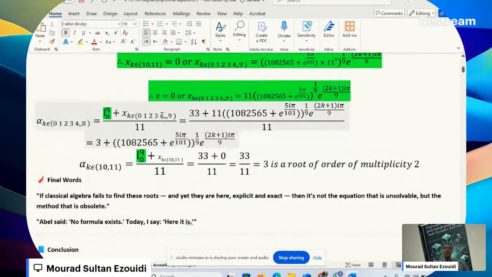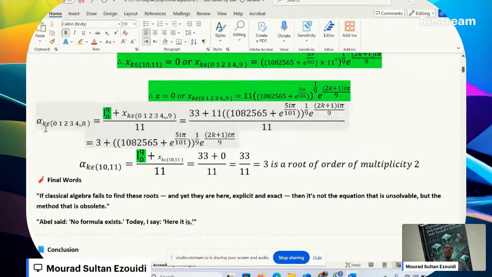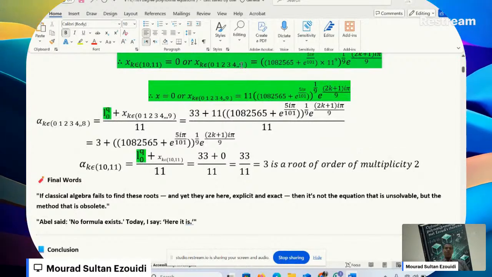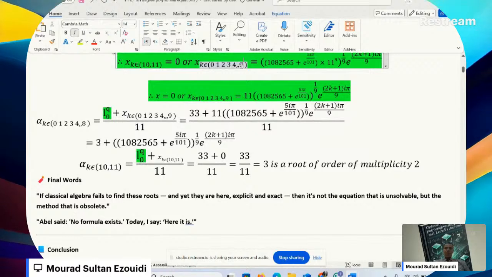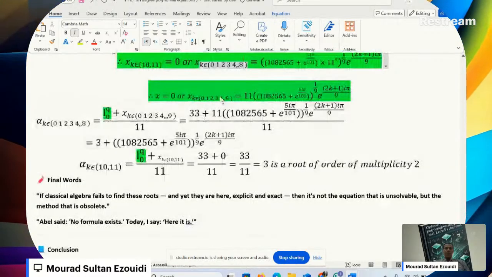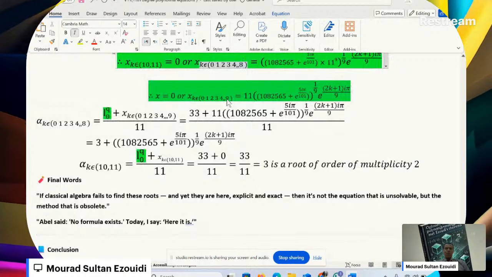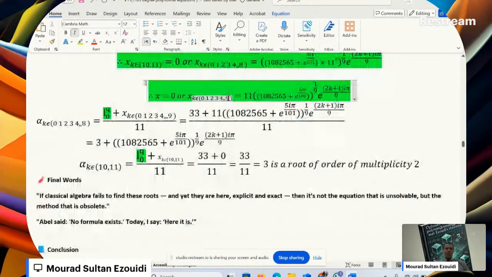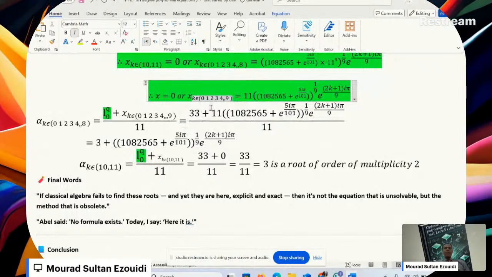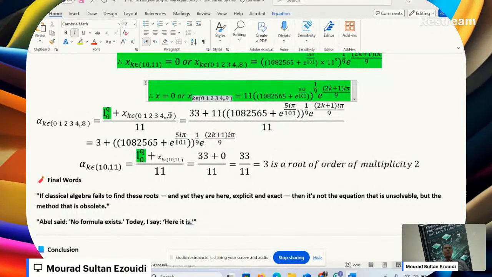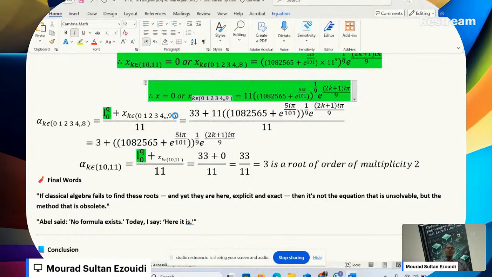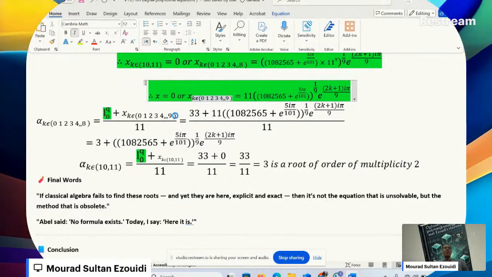Okay? And to find the roots of your original 11 degree equation, write alpha subscript k from 0 to 8. Of course, this is 8. Yes, it's 8 here. And this one is going to be 8 also. If it is 9, then you have 12. The highest power is 12. Okay, this is 8. So we told that we continue. We told that now to find the roots, we can write alpha subscript k, k ranges from 0 to 8, is